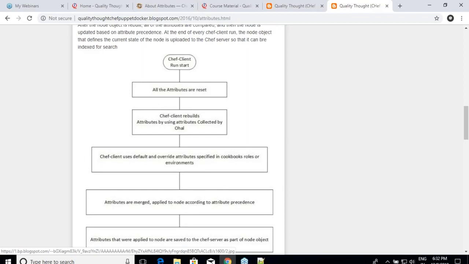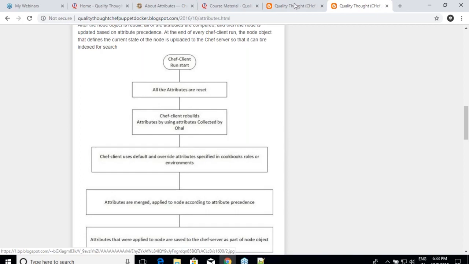I have not seen anyone using above normal, but there might be certain cases or exclusions where you might require it. But this is how the attribute precedence works. So am I clear on this? Okay. So environments, roles, attributes, recipes are four places for defining variables. But it is often best to define them only in attribute files, and only when you want to change the value do you use the environments and roles.